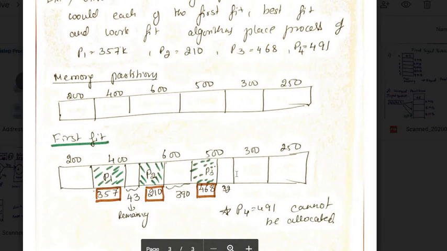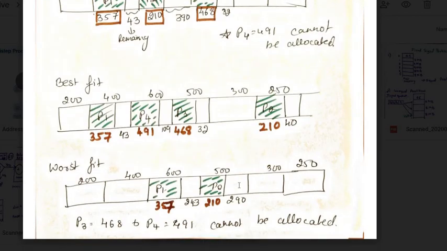Now let us check with the next one, best fit. Okay, so see here, according to the process P1, what does the best fit tell you? Search for the nearest partition. So when it is 357, 400 is the nearest. I will allocate it. The pending will be 43. Okay, so what is the next process here? 210 was your next process. So which is the nearest here? So 200 is there. 400 is allocated, so 250 was the nearest. I have allocated here. The remaining is 40 memory partition, which is not a much memory wastage.